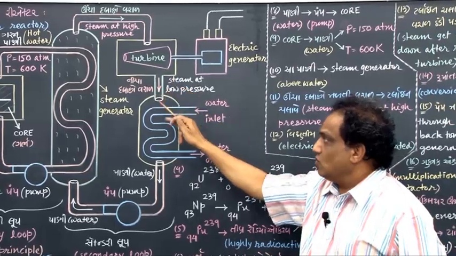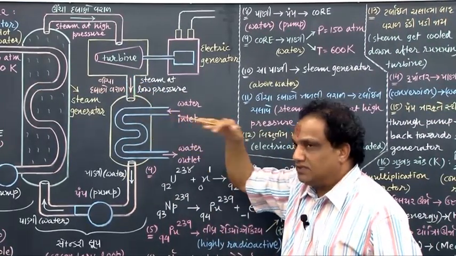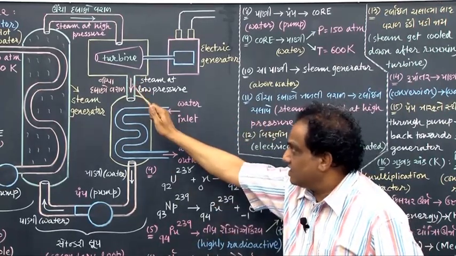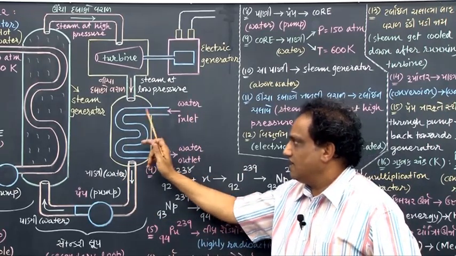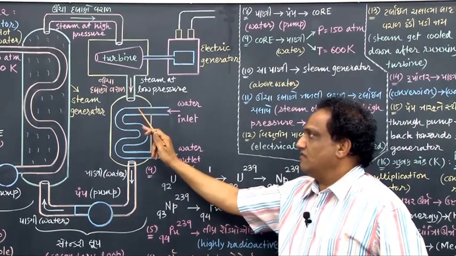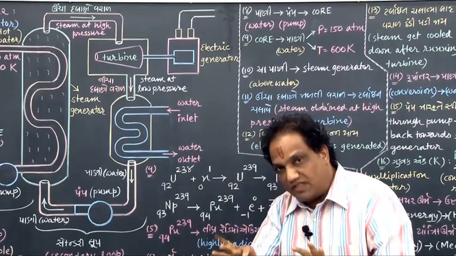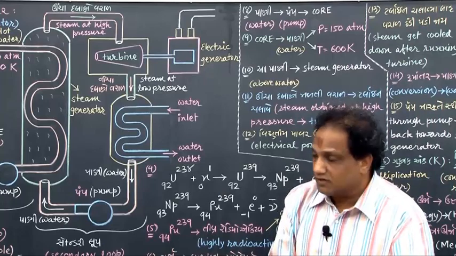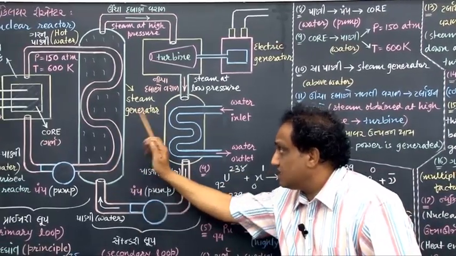The temperature of the steam goes down, and it is cooled further by this cold water which is allowed to enter this tube. Because of contact with the cold water, the steam is further cooled down, and finally it is transformed into water